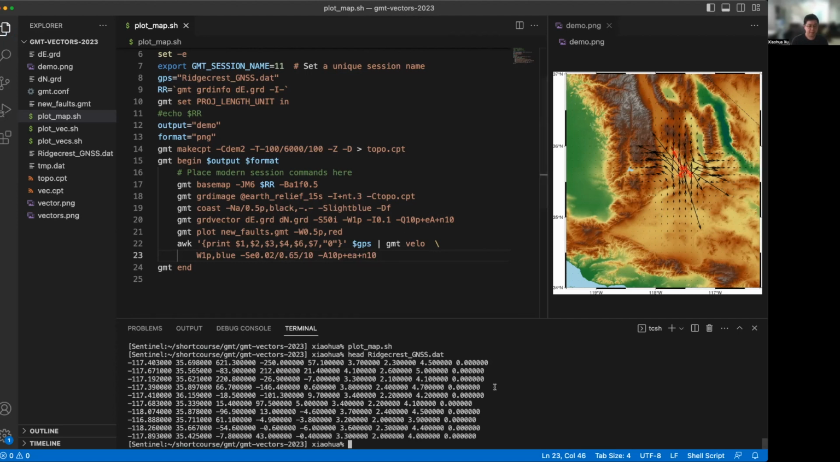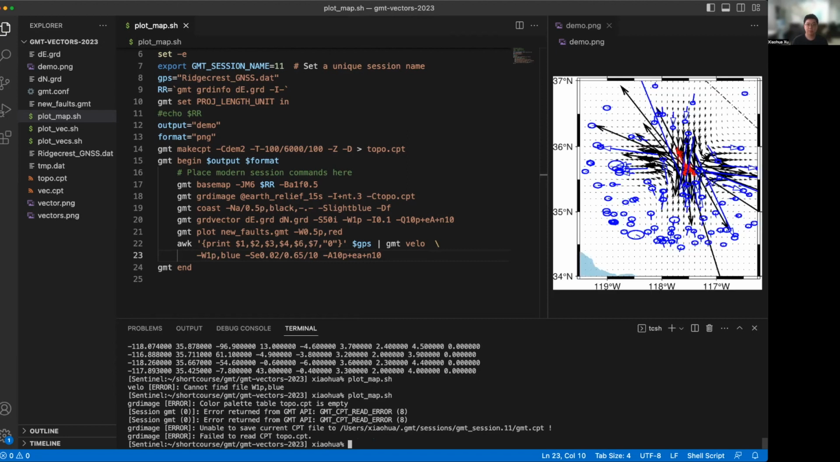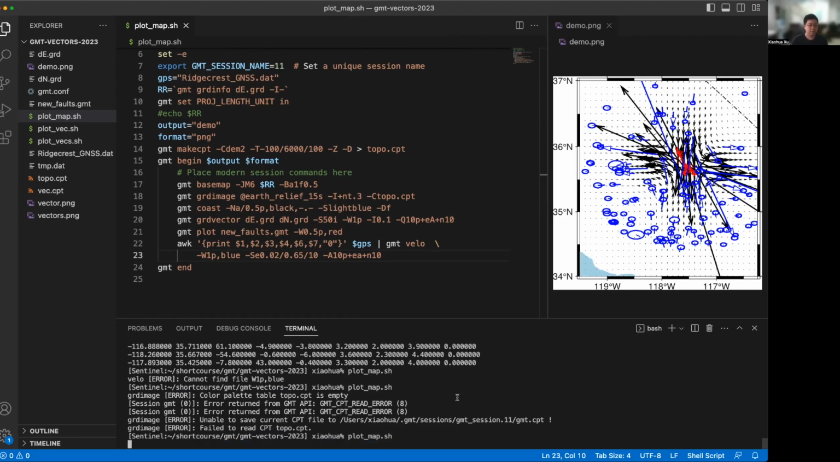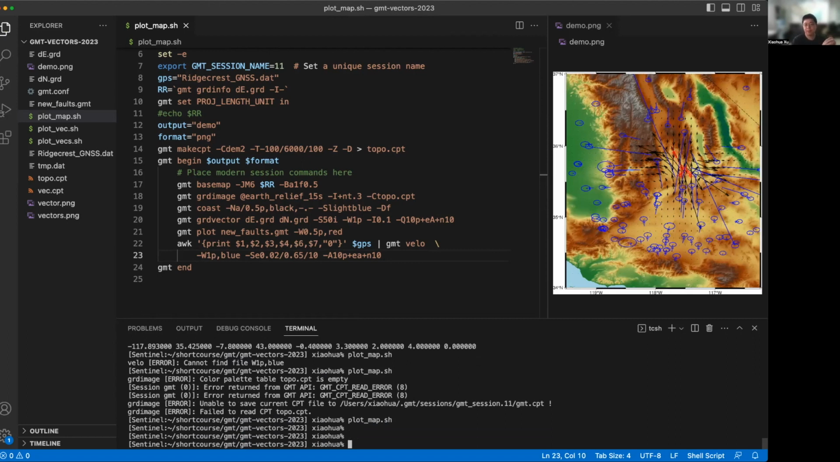If we save this and run it one more time, oops, cannot find file W1P blue. Oh, I'm missing a minus, sorry. Save it. Complains a little bit, topo.cpt GRD. Yeah, whatever, just run it one more time. Now things are going. It's probably like it didn't finish the previous one properly. You just run it one more time, everything works. Now we have all this GNSS data over here. But